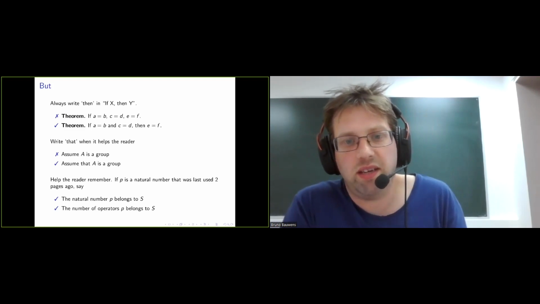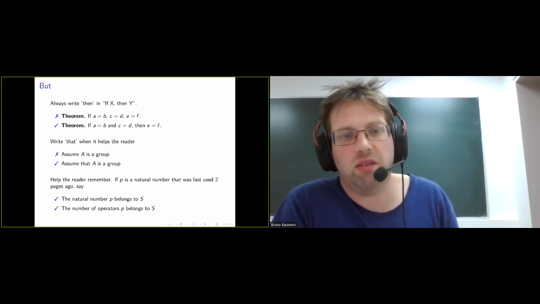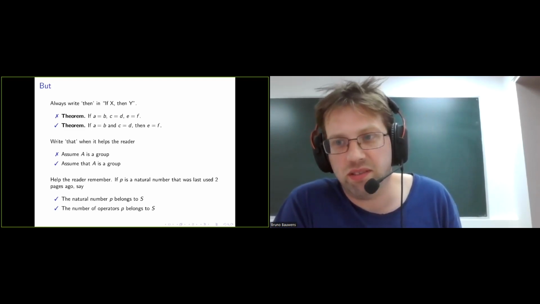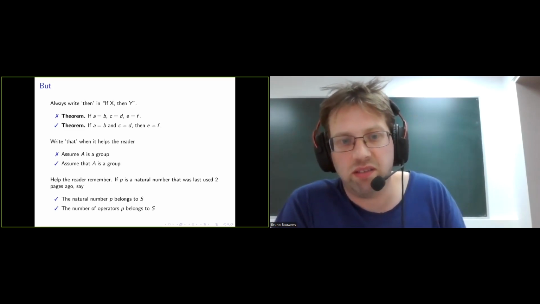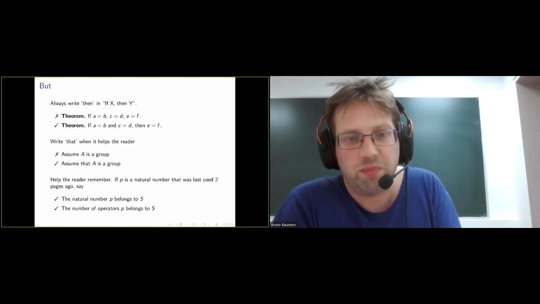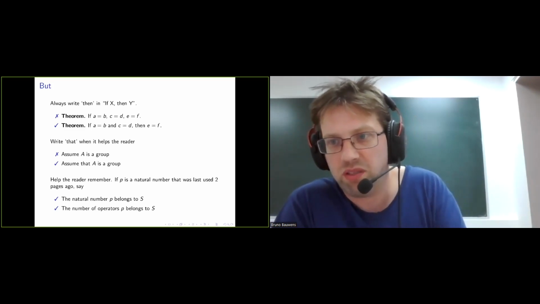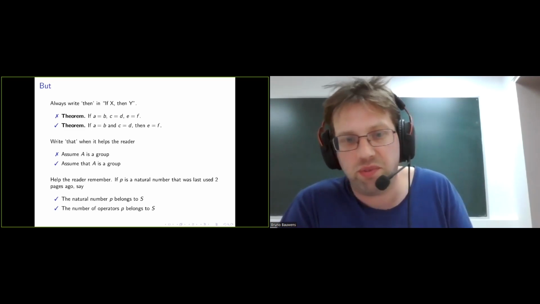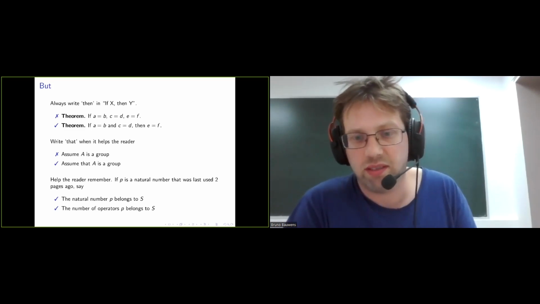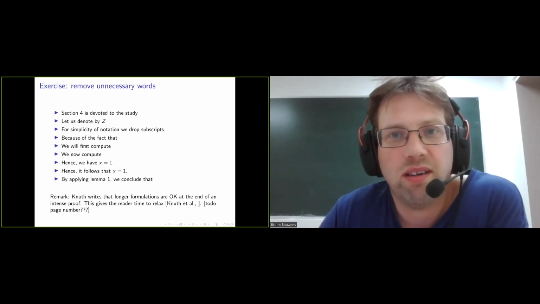Also, if two pages ago you said that P is a natural number, then you can help to remind the reader. So do not just say that P belongs to S, say "the natural number P belongs to S." Strictly speaking, these words are unnecessary, but it helps the reader read smoothly without much thinking. Or if P represents the number of operators and the reader might have forgotten it, you can do the second example. Okay, so here are more exercises